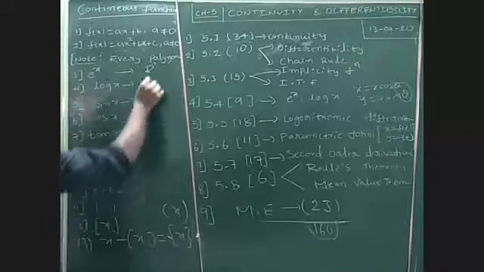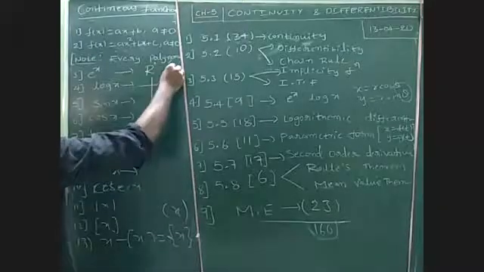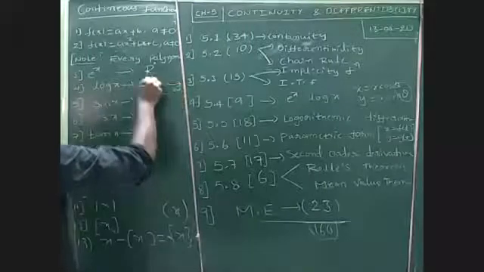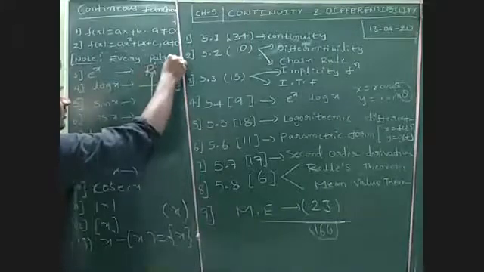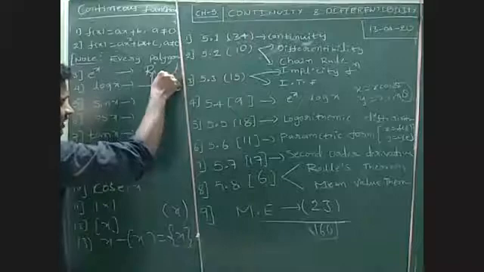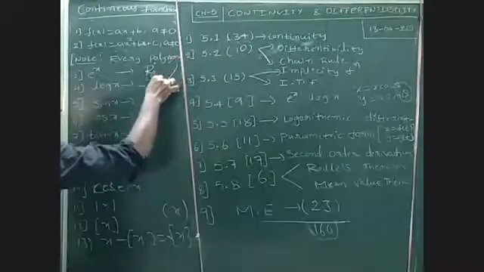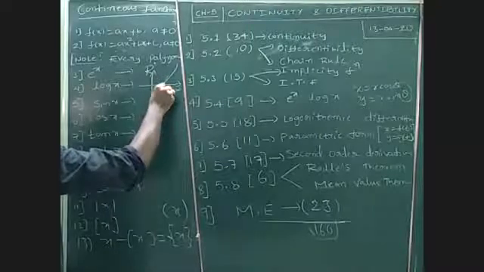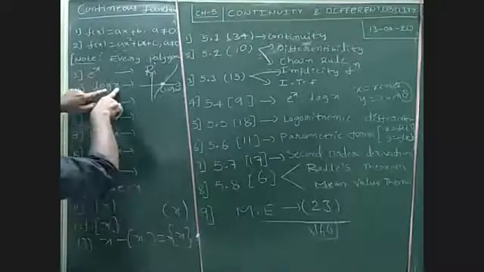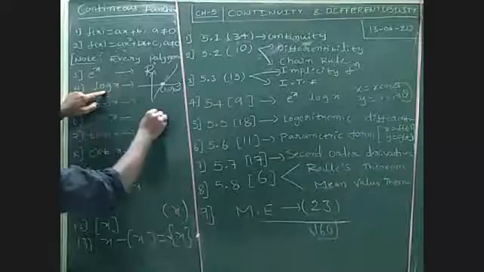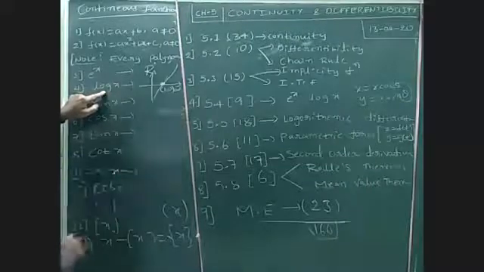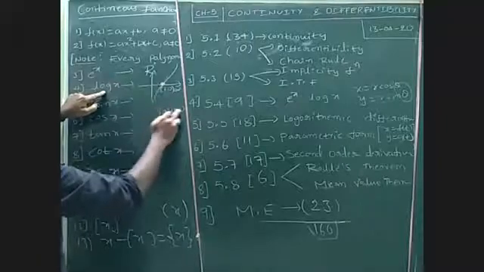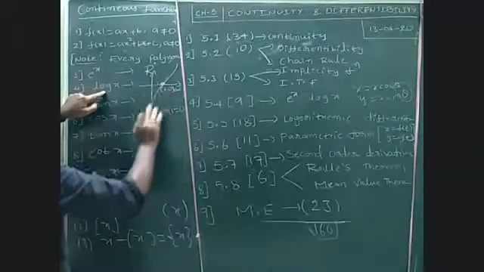Log x. If you see the logarithmic function, when x value is infinity, y is also infinity. The graph of log x will look like this. It will meet the x-axis at one point. This point is (1, 0). What is log 1? The value of log 1 is 0. We already discussed this in class. So for x value 1, log 1 is equal to 0, nothing but y value 0.